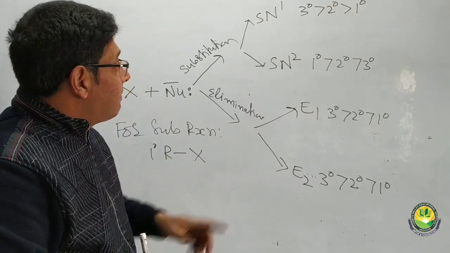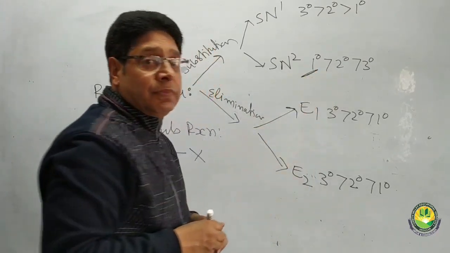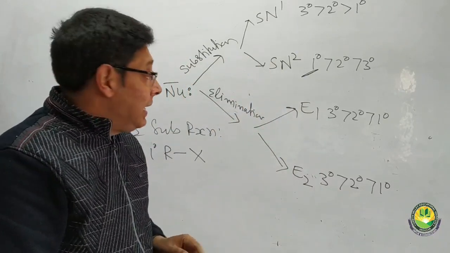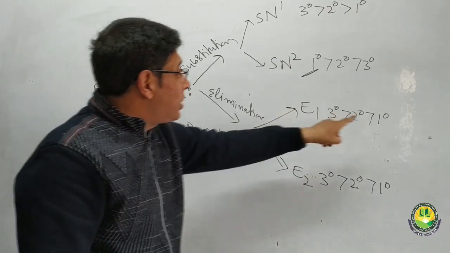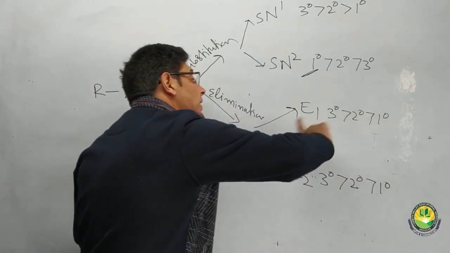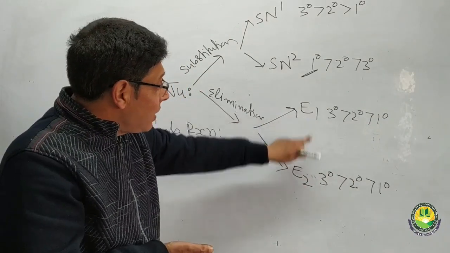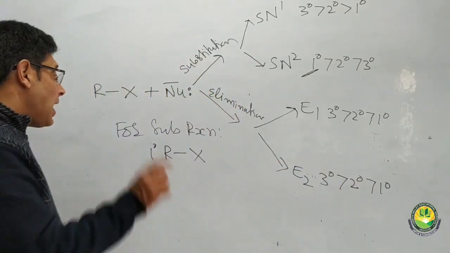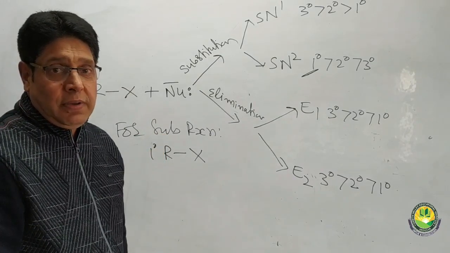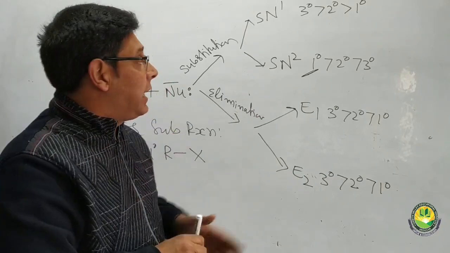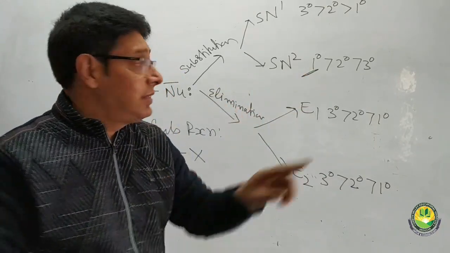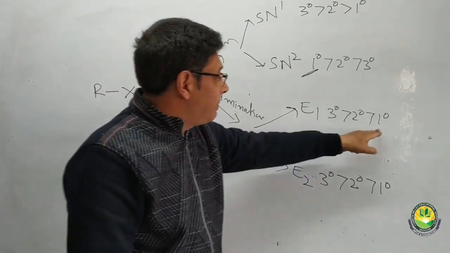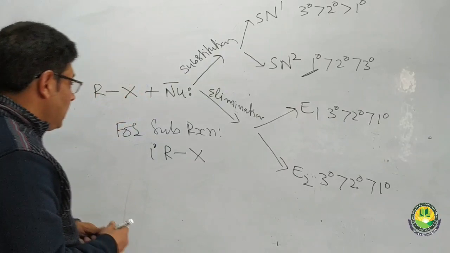This is because when you start with the primary alkyl halide, इसको सब्स्टिट्यूशन होने का एक चांस है बाय SN2 मैकेनिज्म, लेकिन एलिमिनेशन होने का इसको कोई चांस नहीं है, बिकॉज एलिमिनेशन में, वेदर इट इज E1 और E2, एलिमिनेशन में प्राइमरी अल्काइल हैलाइड लास्ट पर आता है। अगर आप चाहते हो कि सब्स्टिट्यूशन रिएक्शन हो जाए, स्टार्ट विद प्राइमरी अल्काइल हैलाइड, बिकॉज प्राइमरी अल्काइल हैलाइड को सब्स्टिट्यूशन होने का एक चांस है, दैट इज बाय SN2 मैकेनिज्म, लेकिन एलिमिनेशन होने का इसको कोई चांस नहीं है, एलिमिनेशन में लास्ट पर आता है दोनों मैकेनिज्म्स में।